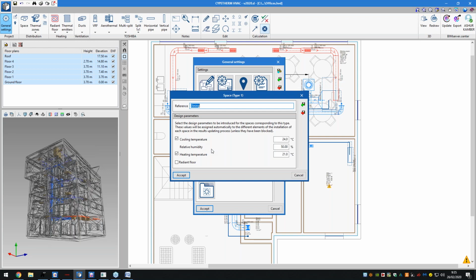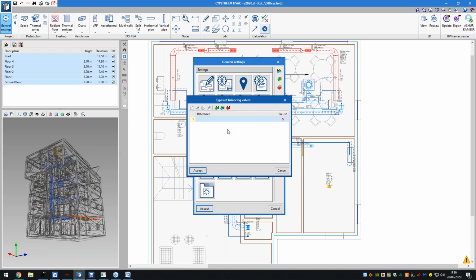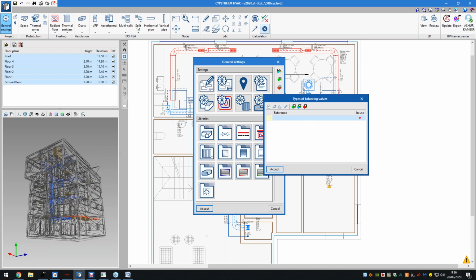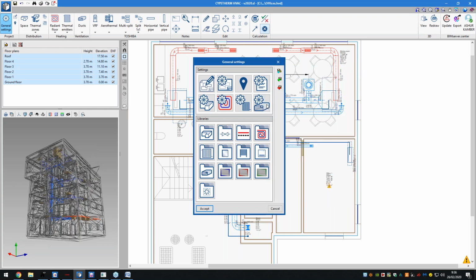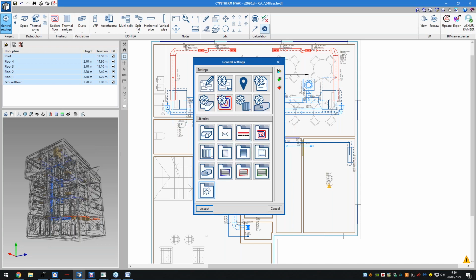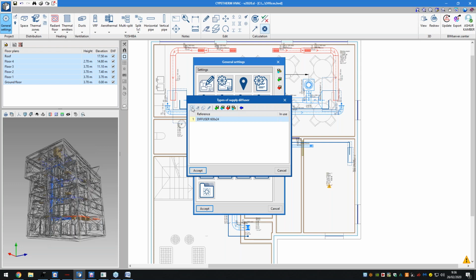have been transferred here, and that interoperability within the programs is evident here as well. So our cooling temperatures and heating temperatures that have been defined prior, etc., etc. Not only do our spaces, but also the different equipment types. So radiant floor heating selections, grills, radiators, supply diffusers, all our different tower radiators, they can all be